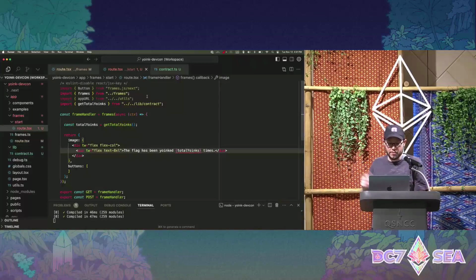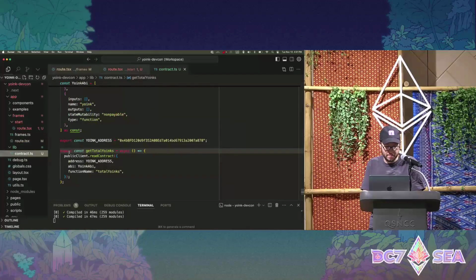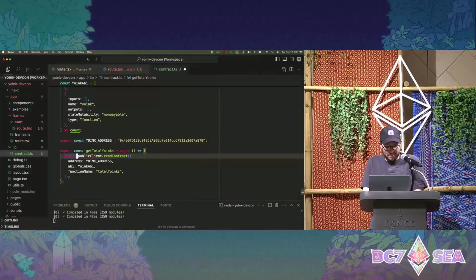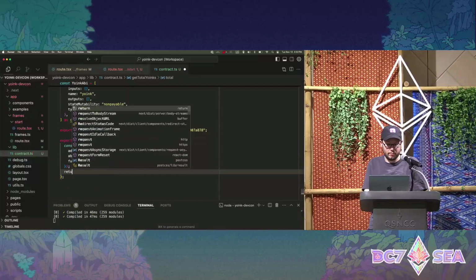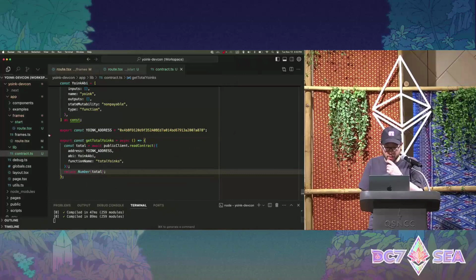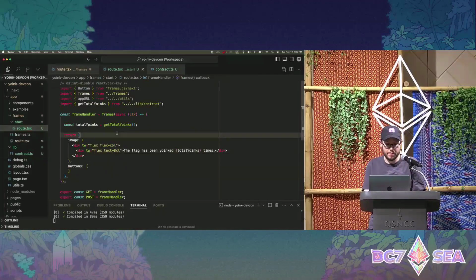Okay, so that's going to return total yoinks as a big int. We'll want to convert that. Let's do that in the function. Oh yeah, we need to await it too and return it. God, I love live coding. So we'll just convert it to a number there and return it.